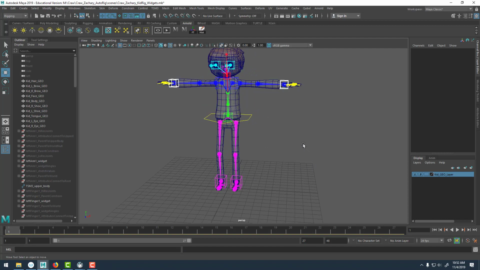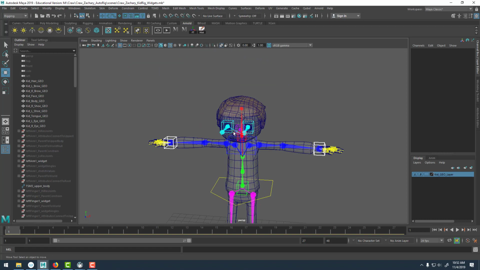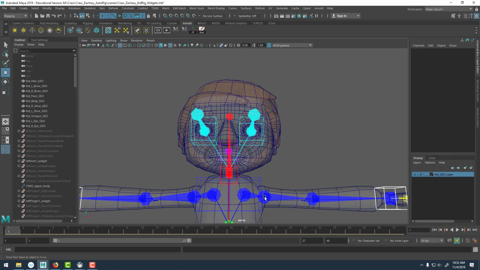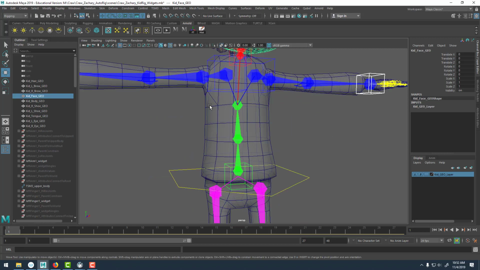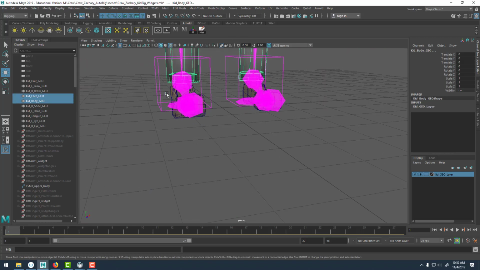Now, before we can rig it, we have to tell the setup machine what geometry needs to be skinned. So this should be all the same geometry that you did on the other rig. So anything you skinned to the other rig would be the same here. The one difference is we need to include our eyeball geometry because it gets skinned to the joints inside the eyeball. So let's go ahead and shift select everything. So I'm going to grab the head. Oh, I need to turn on my geometry selection again. Let's grab the head, the body, both feet,